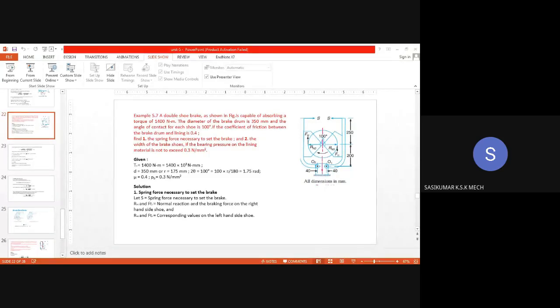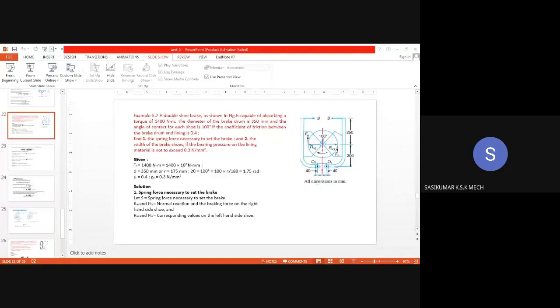And under the design of brakes, we have seen block brakes, band brakes, and internal expanding shoe brakes. In that series, first we saw the design of single block brake, where we have a rotating drum and a block is going to arrest the rotation by means of applying force at one end of the lever, since we can have more power transmission capacity only by way of increasing the frictional contact.